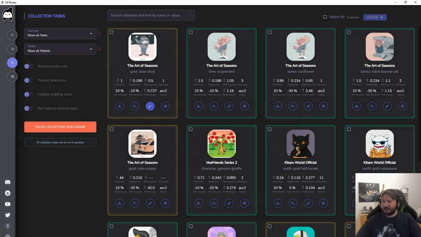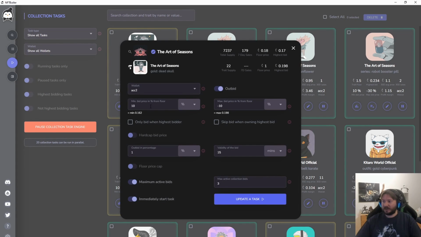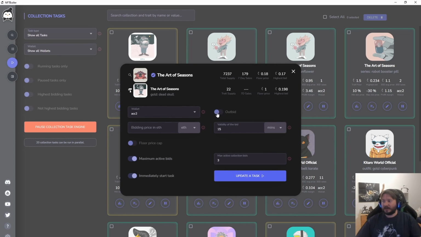We can also edit tasks here. So just to give you an idea how such a trade or collection bidding task configuration looks like, we assign a wallet to the task, which will be used for bidding. The wallet is added in the settings of NFT Butler as an initial setup step. Then you can enable or disable outbidding. If disabled, you will just go with a fixed price, let's say 0.2 ETH or floor price is slightly higher, so maybe